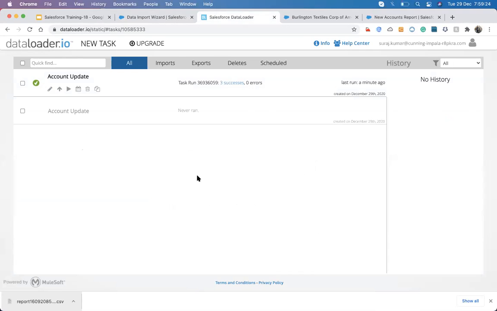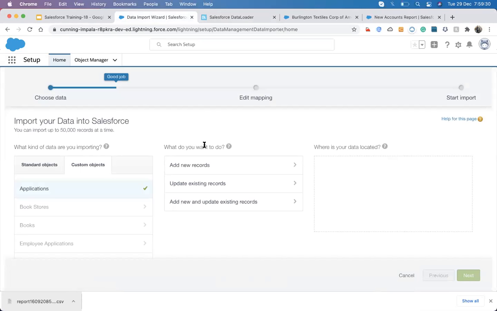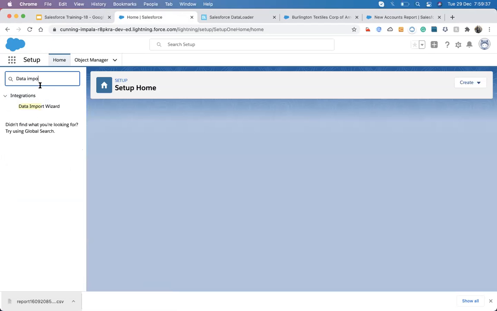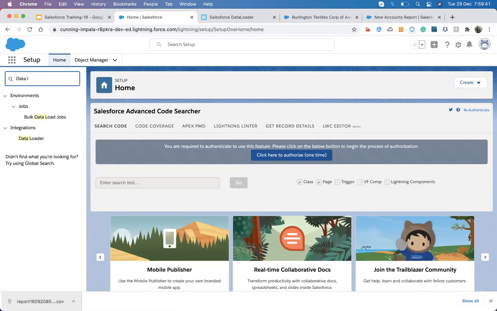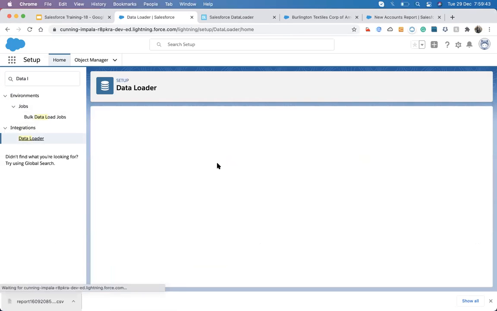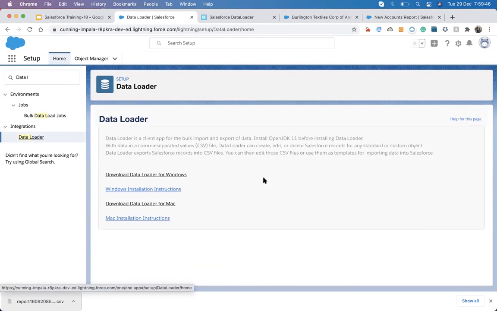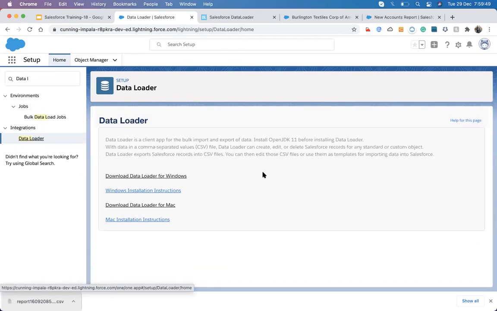So Suraj, sorry for interrupting. How do we get into the data loader page? Yeah, in the setup, you just type data loader. Yeah, I got there, and then it shows me download something. I did, but I couldn't get to the page where you are right now.